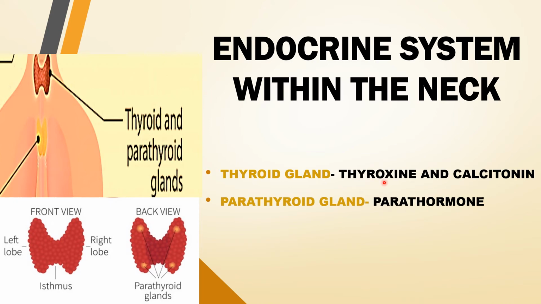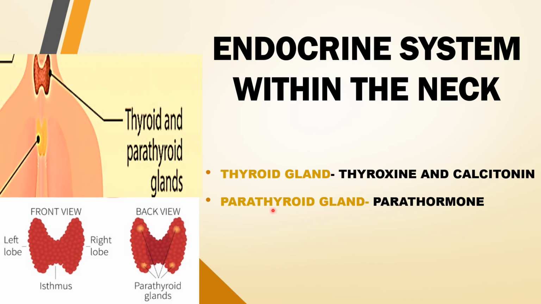Cretinism is the term given to the deficiency disease in children caused due to the deficiency of thyroxine, and in adults it is known as myxedema. If the thyroxine hormone is over-secreted, then it is called exophthalmia, in which eyes protrude out. So the excess or the lower production or secretion of the hormones can make changes in the human body.